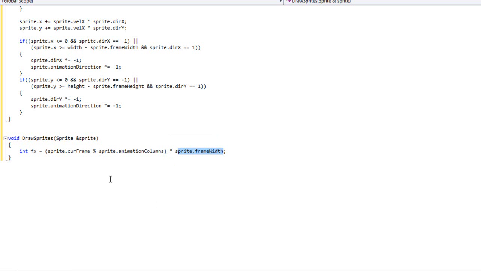And since this has 16 animation columns, once we get to 16, current frame modulo 16 will be 0 again. So we've looped back around into the next row. And then 32 will loop back around in the next row, so on and so forth. So that's our x, and now I'm going to do int fy is going to equal